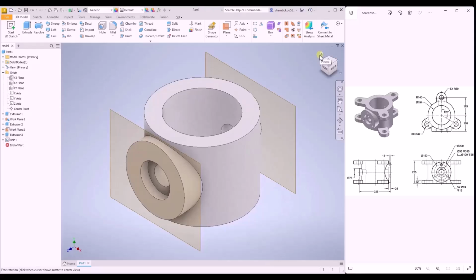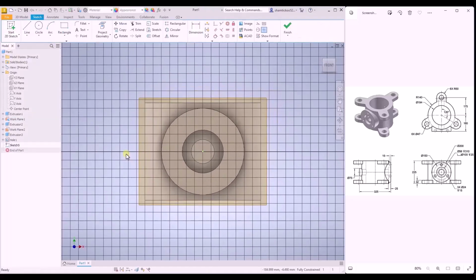Now we will create a sketch point on the front face of the first joint feature to locate the hole. Choose the Start 2D Sketch tool and select this face as a sketching plane and choose the point tool. And we will specify the location here by clicking on it. Here you will note that the pitch circle diameter is 150. So use the dimension tool